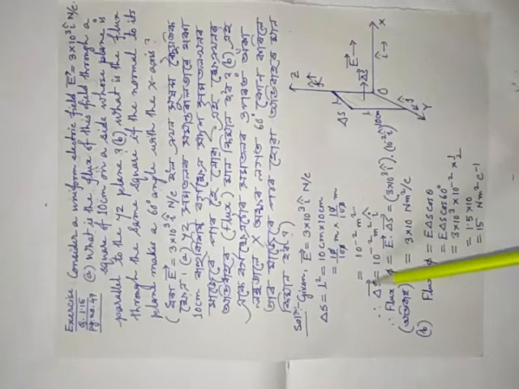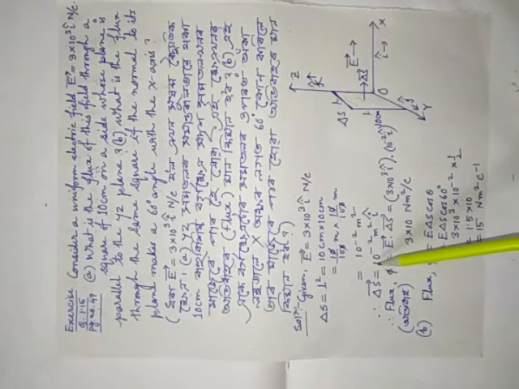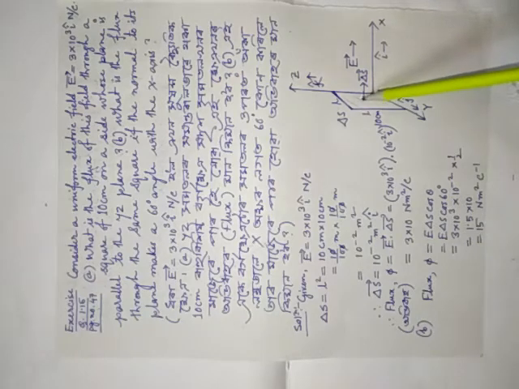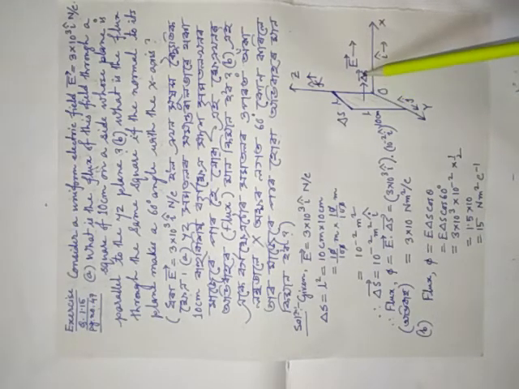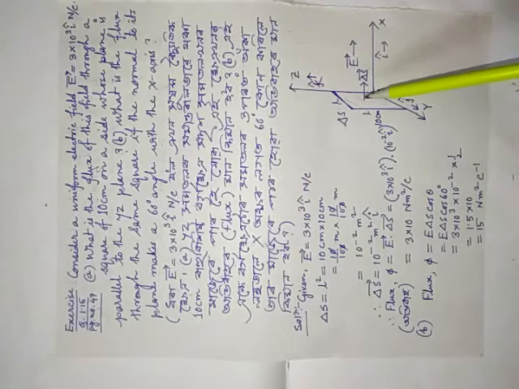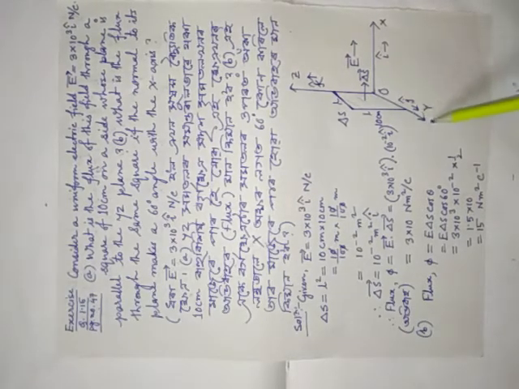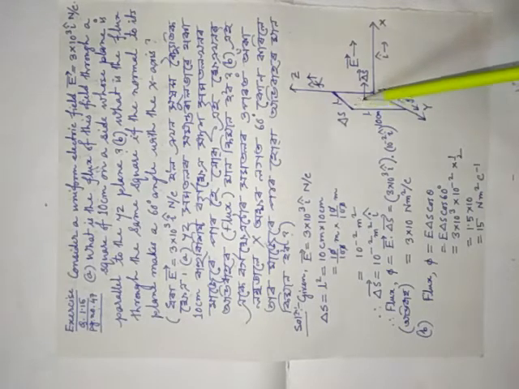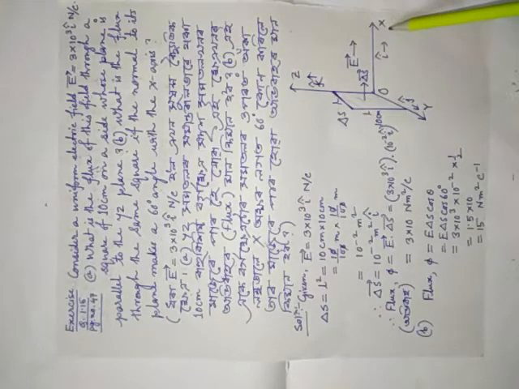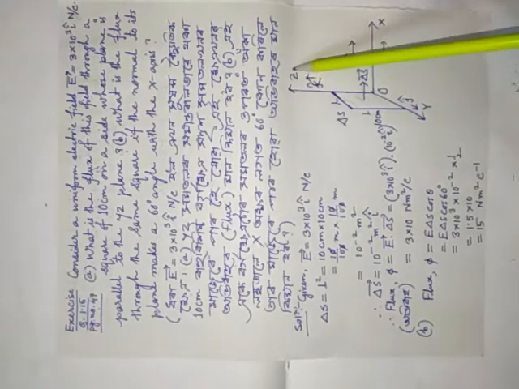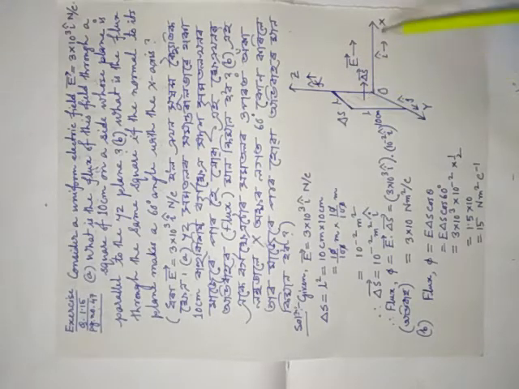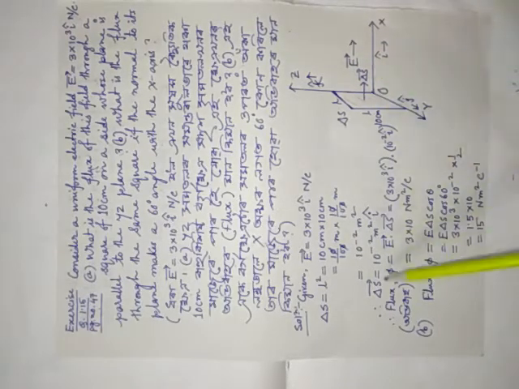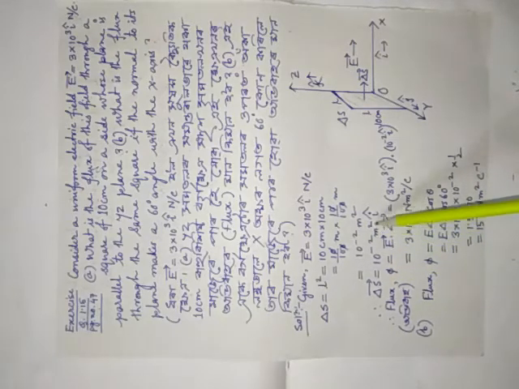Now see, delta S vector, in terms of vector I would like to convert it. Delta S vector equal to what? Just see in which direction the area vector is directed. What is the direction of delta S? Since the plane is in YZ plane, definitely the area vector will be along the direction of X. That means the other axis remaining is X axis. That is why delta S equal to 10 to the power minus 2 meter square I cap.